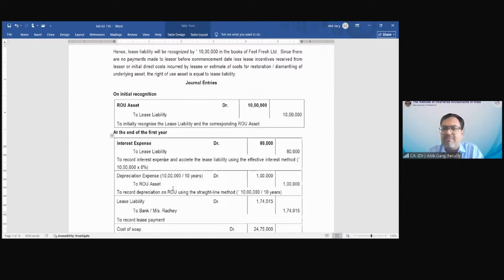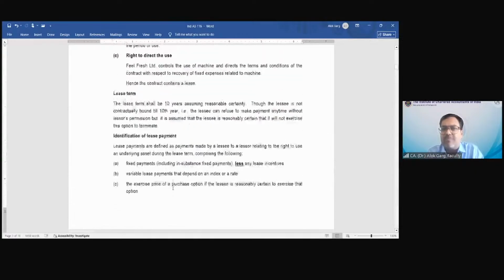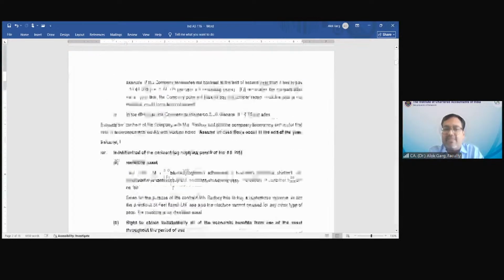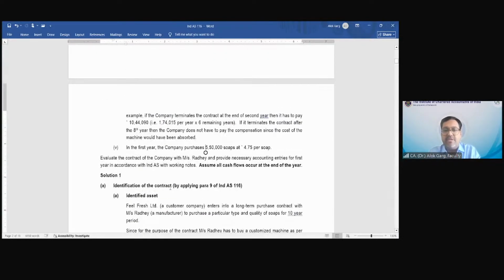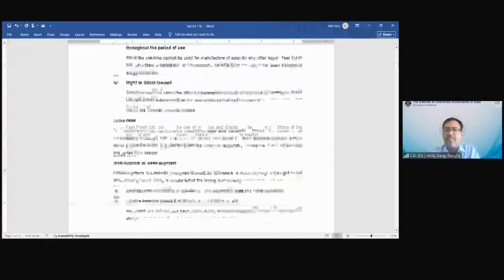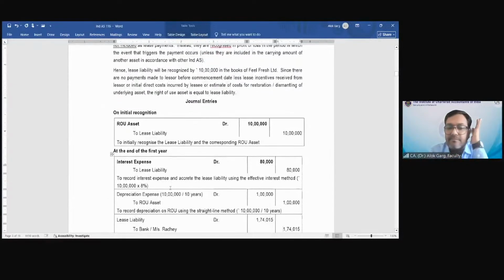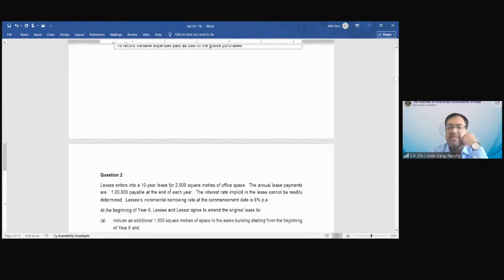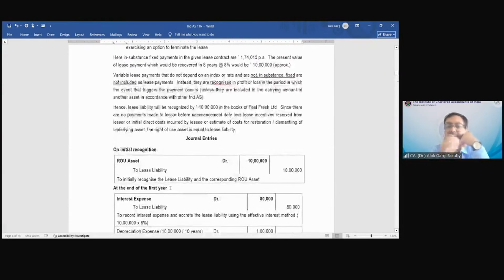Now what about the money which this company was paying to Radhe? You remember 4 rupees 75 paisa per shop was being paid, and the actual purchase was 5,50,000 units. In the first year, it is 550 at 4 rupees 75 paisa per shop. Expense to bank, right? So cost of shop debit to bank, right? But at what value? 4 rupees 75 paisa.